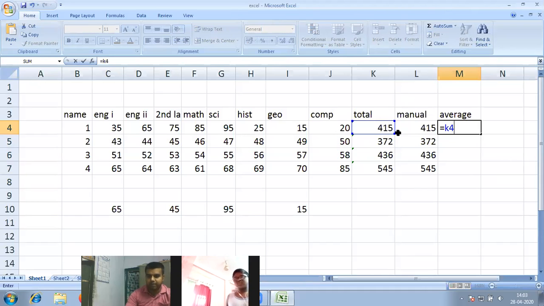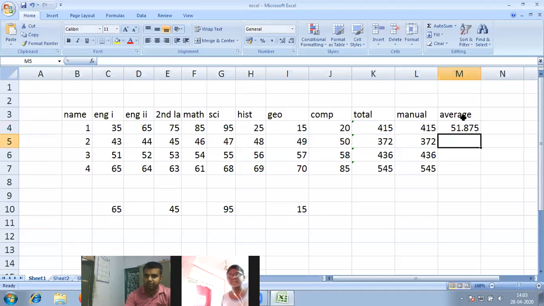See, K4 is selected. Now I will divide it by the total number of subjects. How many subjects are there? 8 subjects. And I press enter. Now it is 51.875. If I copy this downwards, you will see the correct average will be calculated for the rest of them: 46.5, 54.5, 68.25.